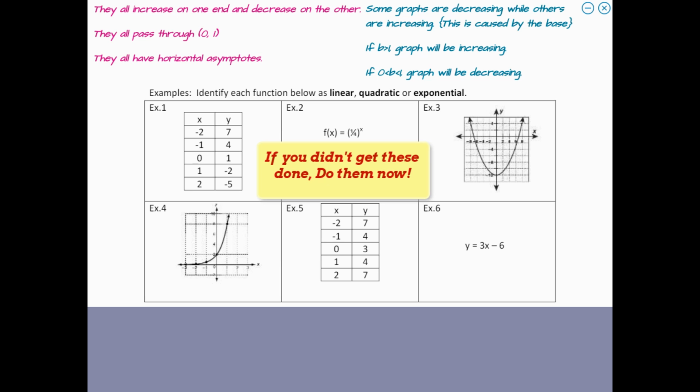Okay, so example 1 here. How am I going to tell from a table whether or not it's linear, quadratic, or exponential? What did we do on the front side? Anybody who has their notes still? Didn't we tell if it was like times or